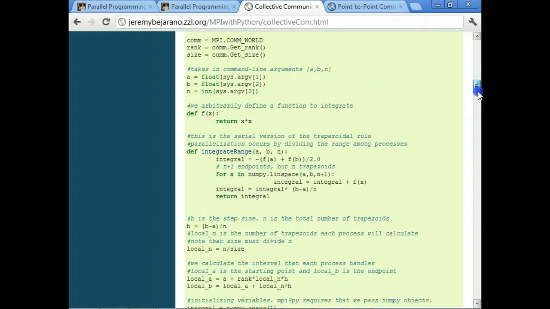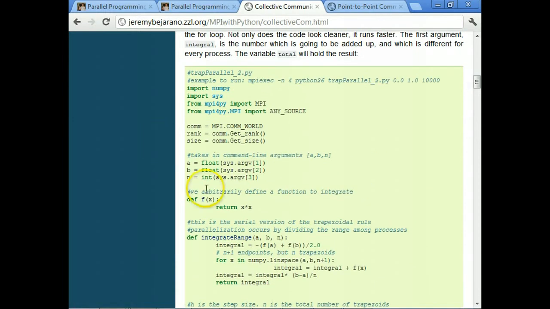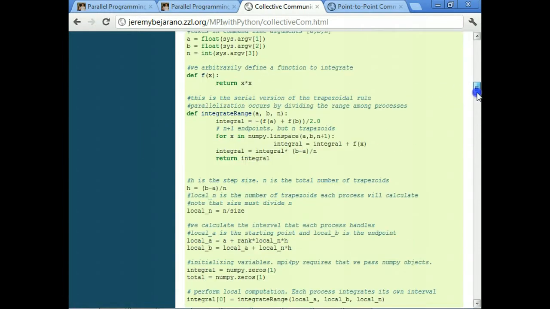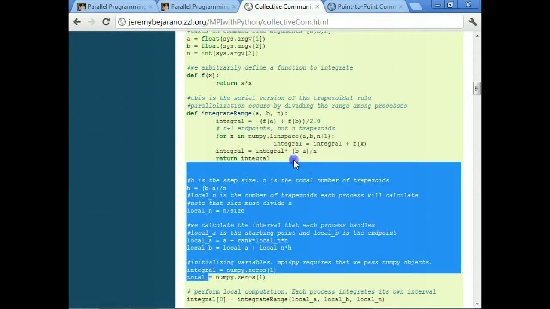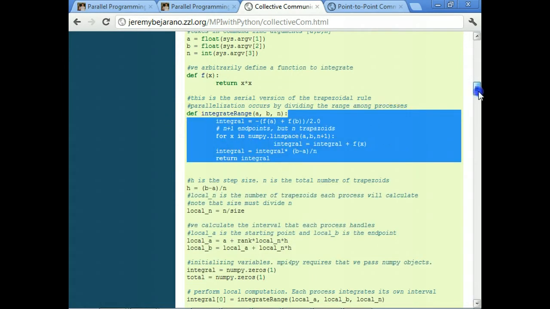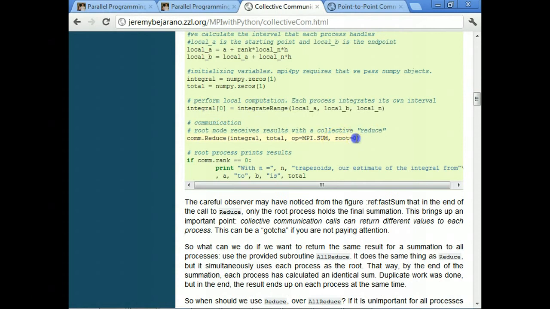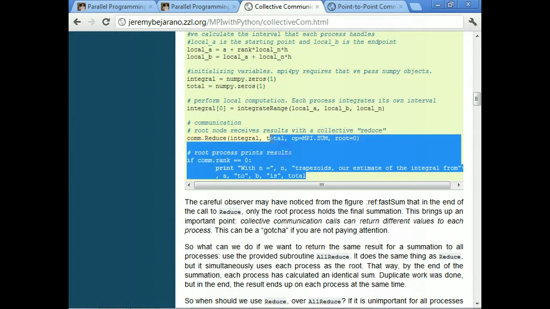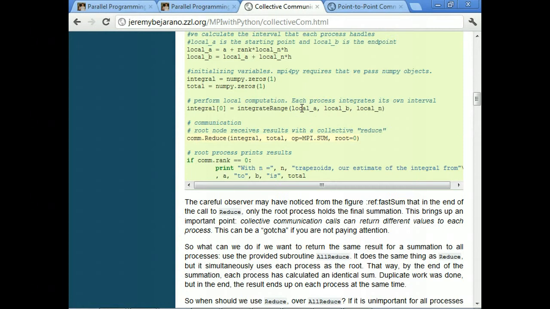So this is just the same as the previous code. We went through, called everything from the command line, calculated our intervals, defined our integrate range function, and then when it got to the communication part, we just reduce the integral and save it into something like total, sum them to the root node, and then the root node will save that.